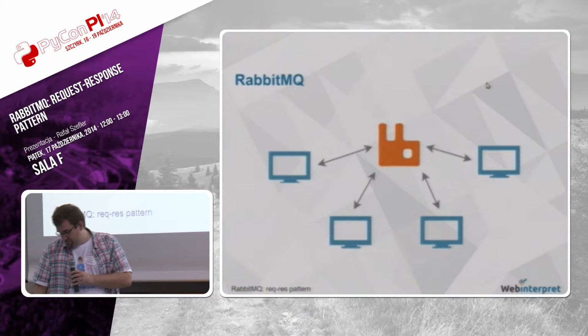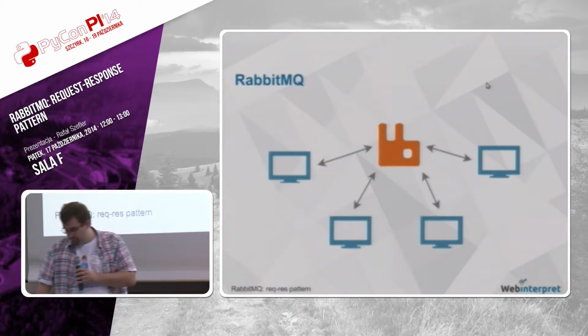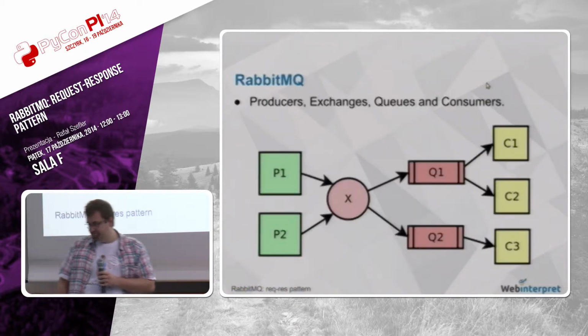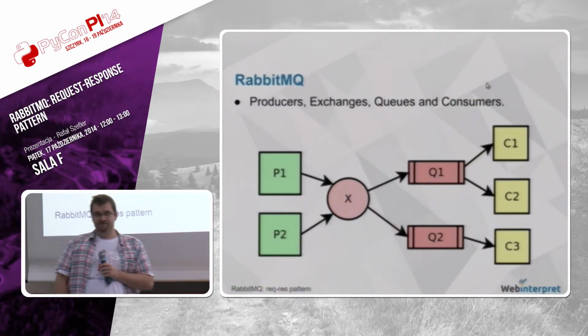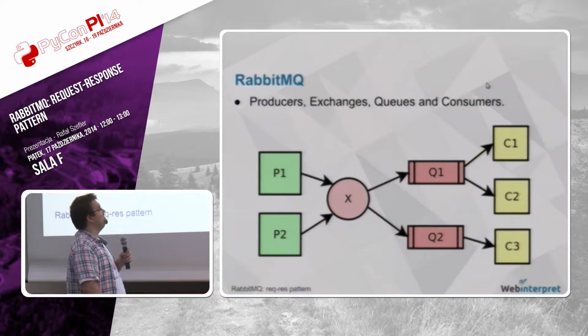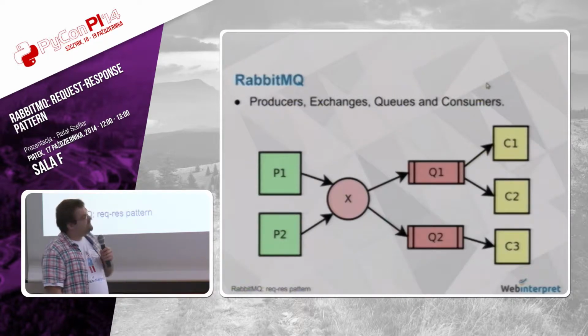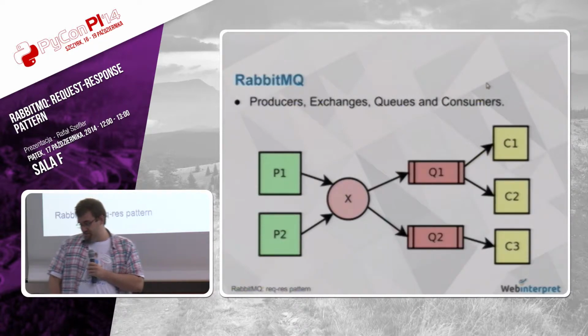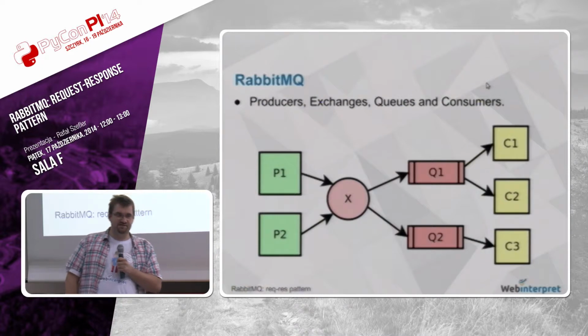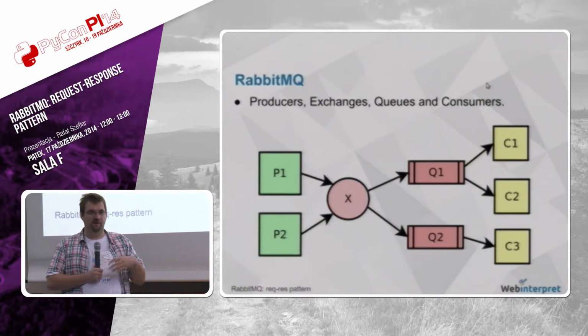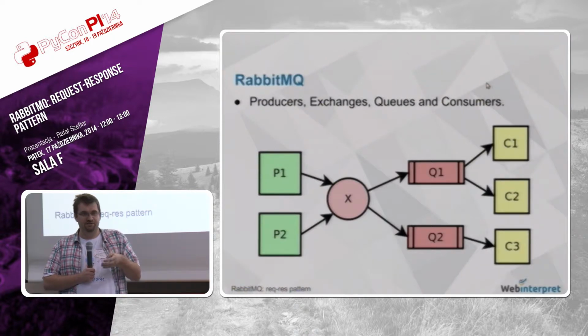So let's talk a little bit about how RabbitMQ works internally. There are a couple of entities that are used, names, conventions. So we have producers, exchanges, queues, and consumers. Producers just produce messages and pass them to exchanges. Exchanges do something with those messages. Generally they pass them into queues, but they can do this in